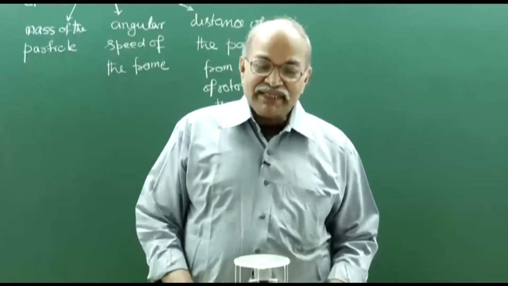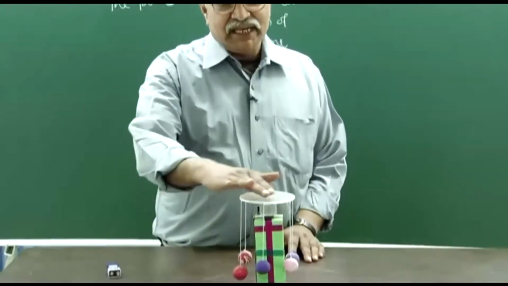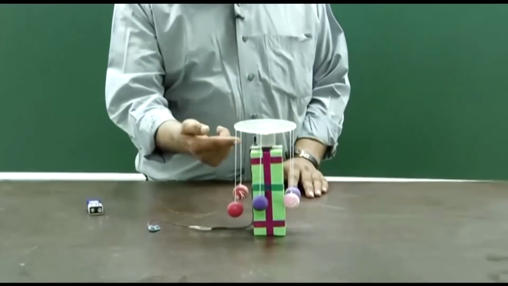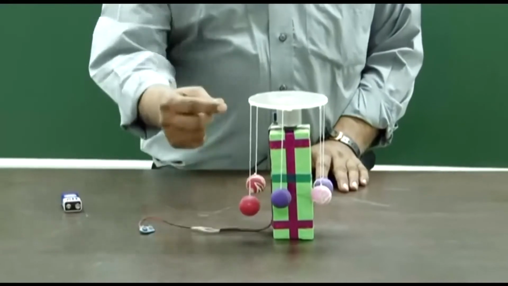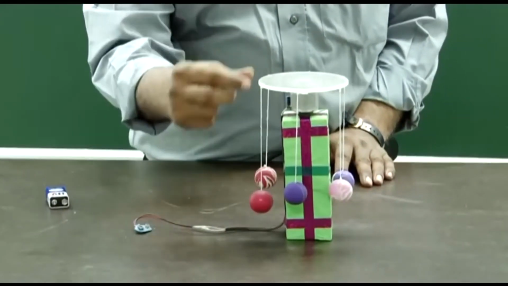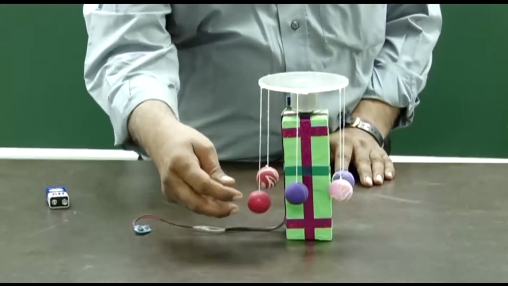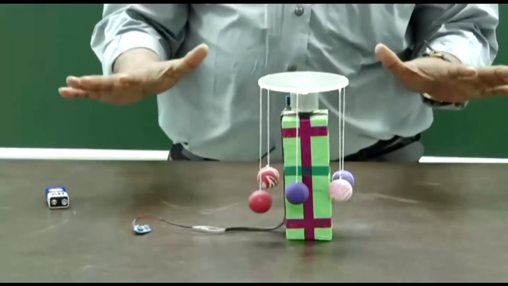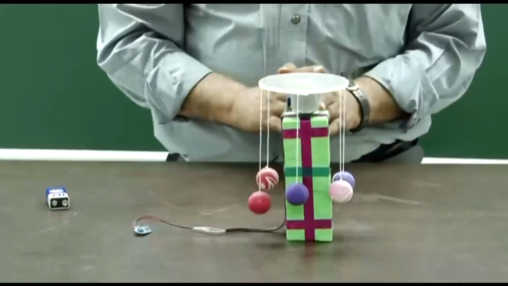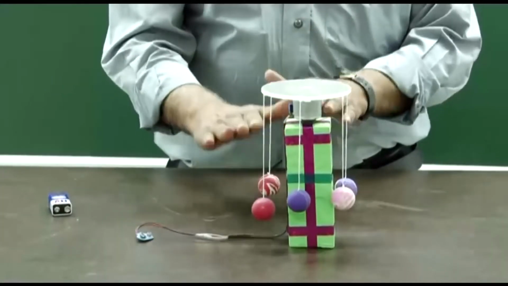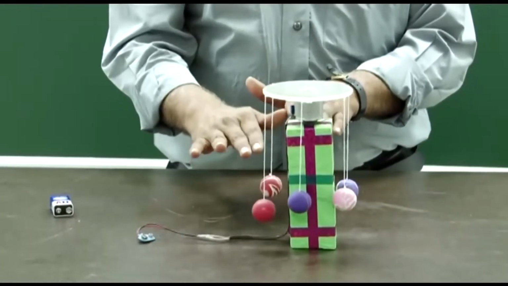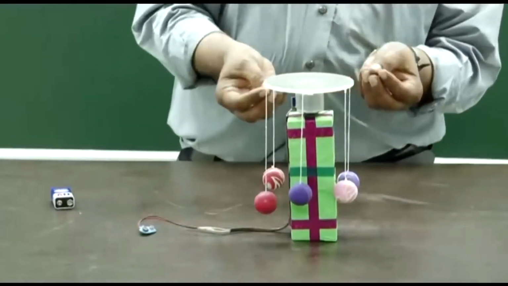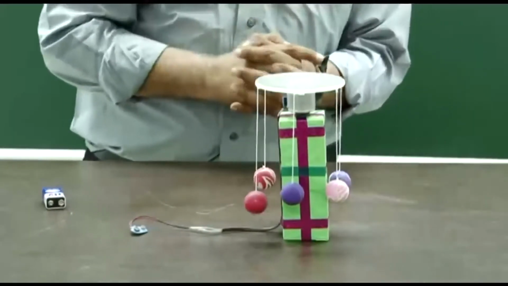So, here is one experiment. In this I have a perspex disc. The disc is mounted on the spindle of a motor, and from this disc these threads are hanging, and then in the threads these balls are attached here. So, if I use the lab frame, everything is fine. Vertical tension in the thread balances the weight, and hence each of the ball is at rest. Of course, they are oscillating a little bit, but never mind.